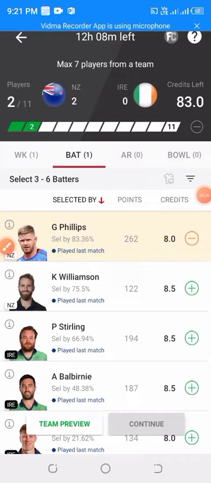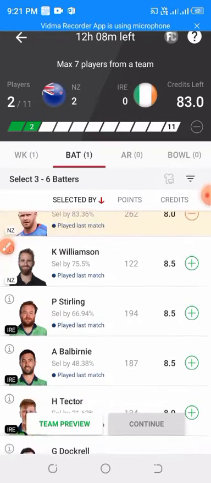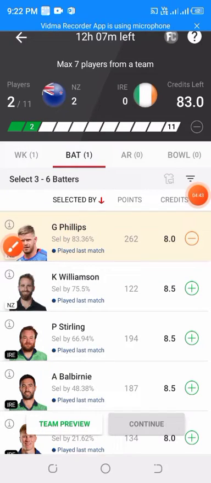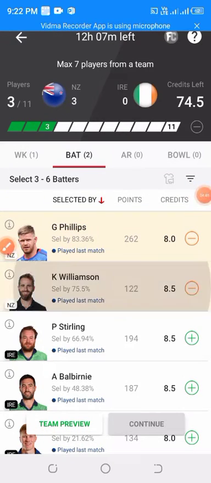He can be considered as a captaincy choice in your team. For risk takers, you can make Glenn Phillips your captain in this match.